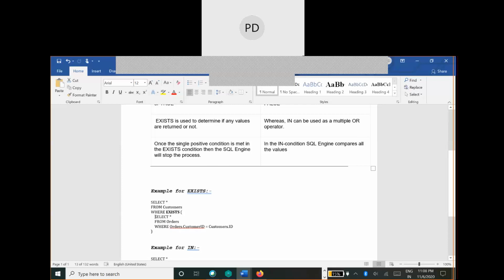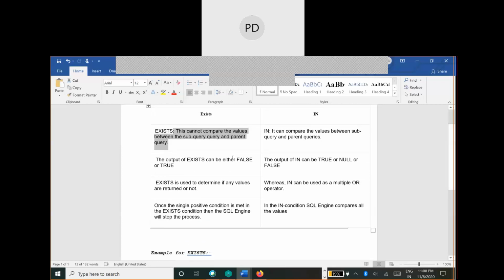If the subquery gives at least a single row, it will issue true to the parent query, else it will issue false. So the output of EXISTS can be either false or true.